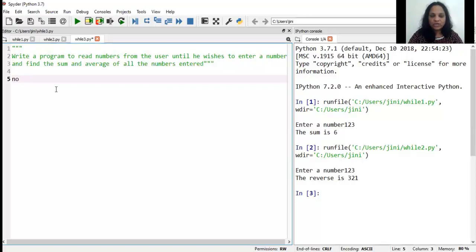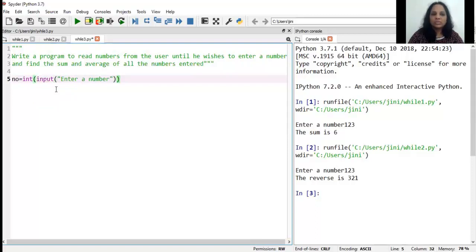So obviously I have to read a number from the user. So I write NO is equal to int(input("Enter a number")). Yes, you may have realized ma'am is typing wrong. Yes, instead of input I wrote input. Okay, so I've got the number.